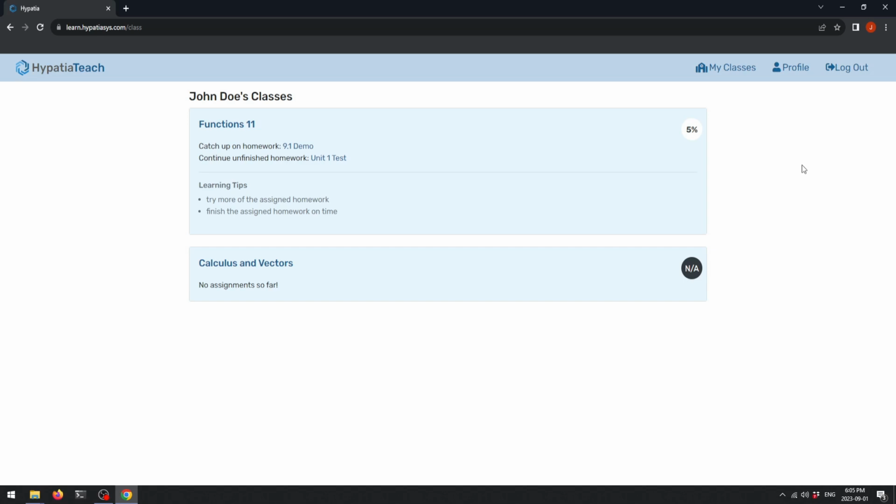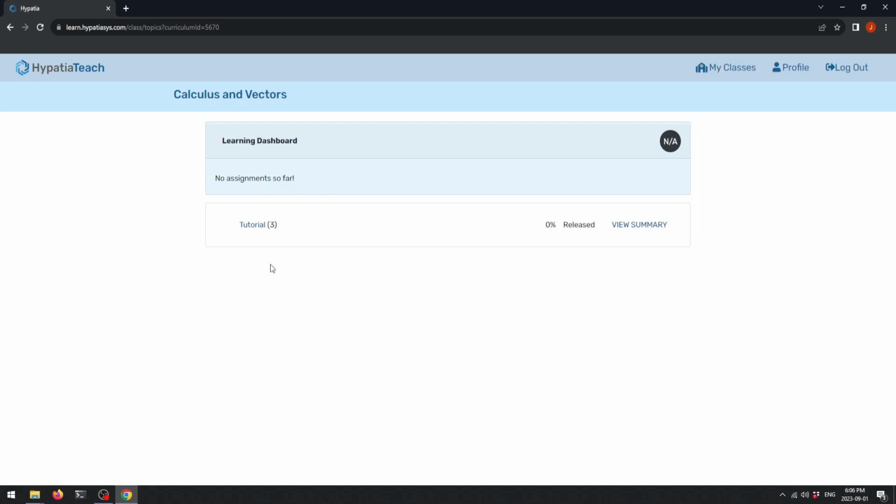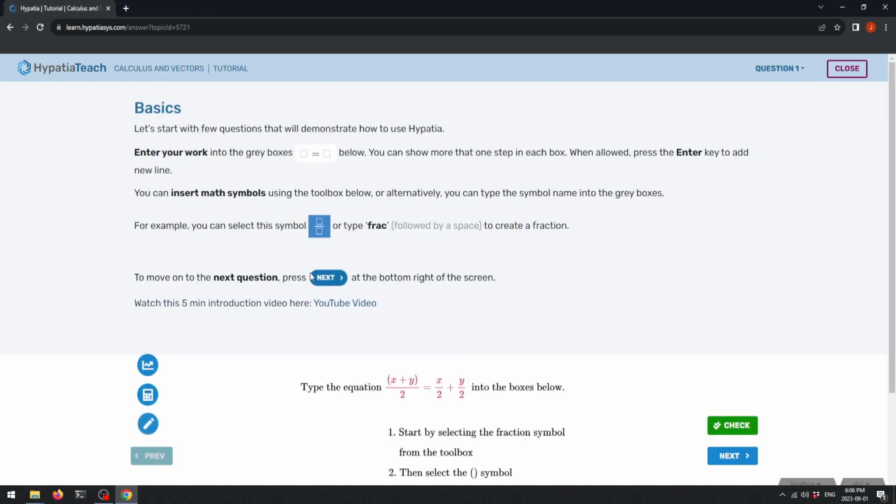So once you log in to Hypatia Teach, you'll see your student dashboard where every course you're enrolled in is displayed. Here I have two courses, Functions 11 and Calculus and Vectors, and we see that Calculus and Vectors is empty, so let's just start here. We can click into the course, and because this is an empty course, it doesn't have any assignments, only this tutorial. And so let's click into the tutorial right now, and this is what your assignments will look like in